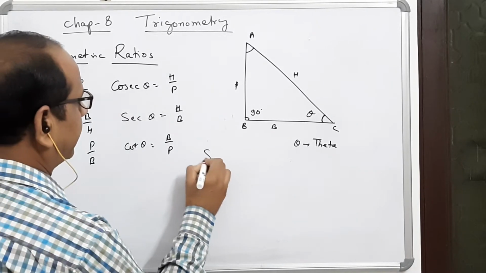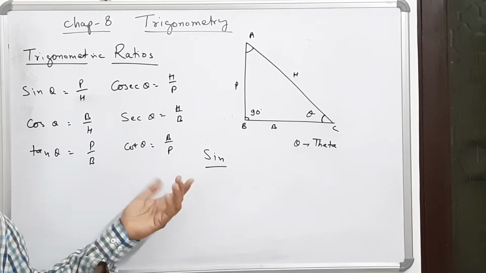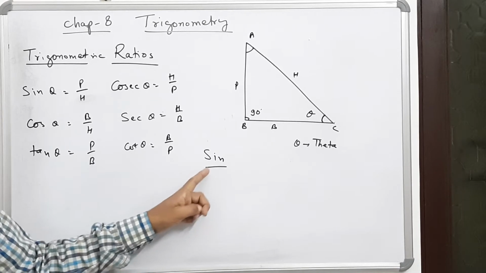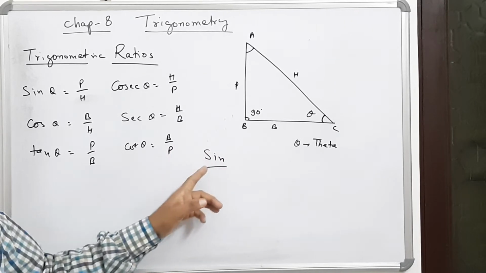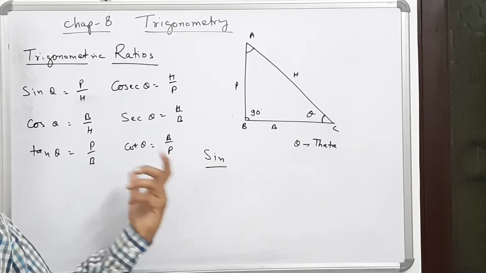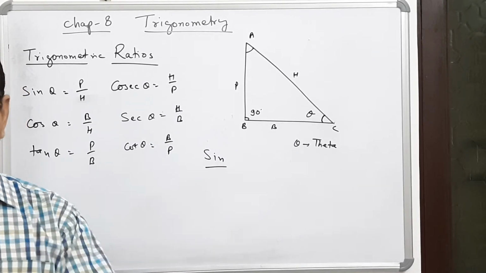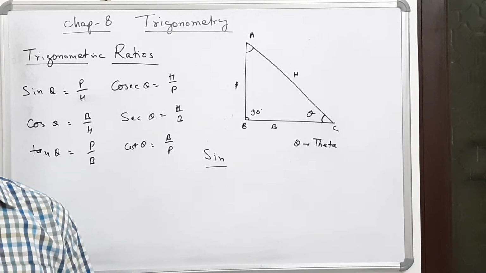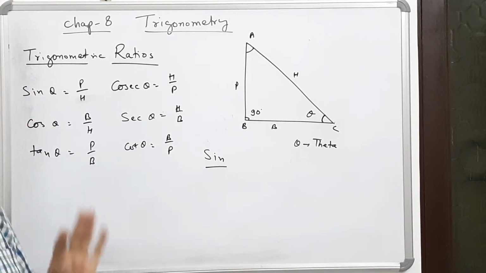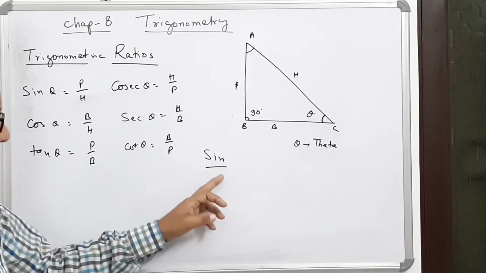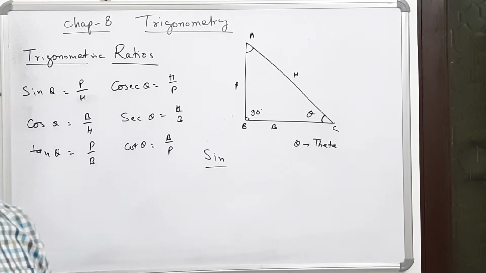Now if I write only sine, then there is no meaning of this. Sine of what? This is complete only when we write an angle here. Sine C, sine A, sine theta, sine P, sine Q, any angle, then only it has any meaning. Because if I ask you, tell me the name, then definitely you will ask, the name of whom? My name or my father's name or my mama's name. So it is incomplete if you write only sine. Please remember it. Sine A, sine B, sine C, sine theta, sine alpha, sine beta, whatever the angle will be